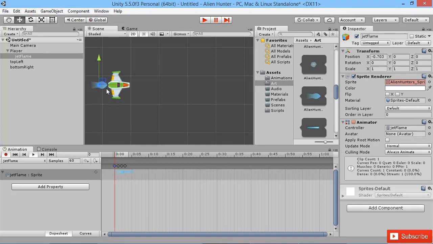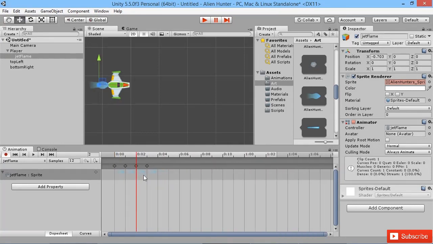So there's two options of what we could do. We could stop this playing and stretch out these keyframes and make them be further out, or we could change the sample rate. At the moment it's running at 60 frames a second. We can slow that down to say 12 frames a second, which means now there's a much bigger gap between our frames here. So if we hit the play button,